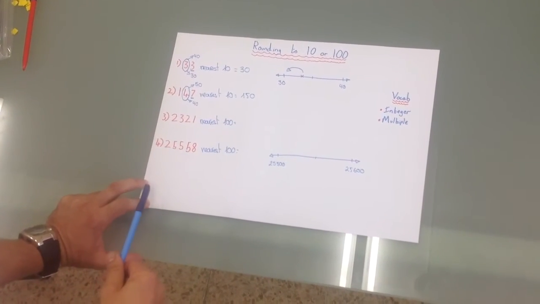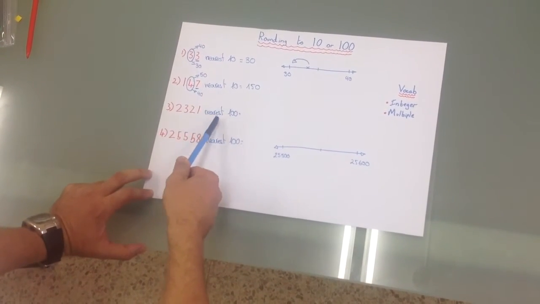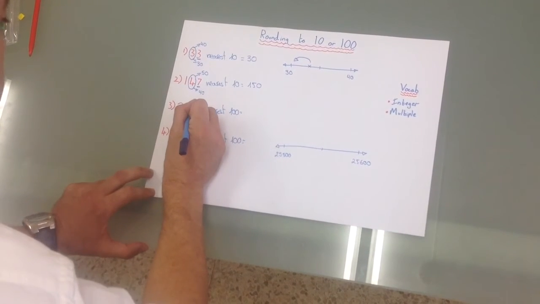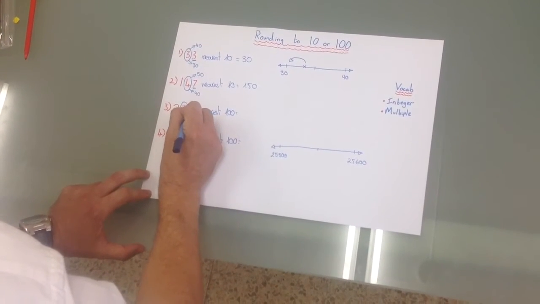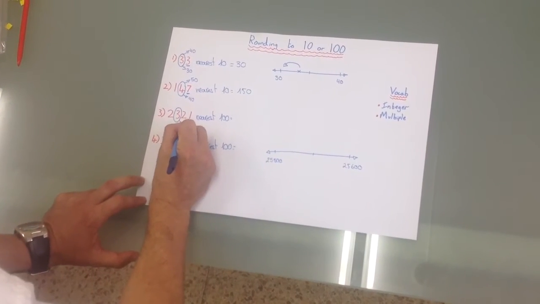In the next example, we've got to round a bigger number, and this time we've got to round it to the nearest 100. So we're going to do the same. We're going to circle the digit in the hundreds. In this case it is the 3. And we're going to look at the 2 options. We're either going to have